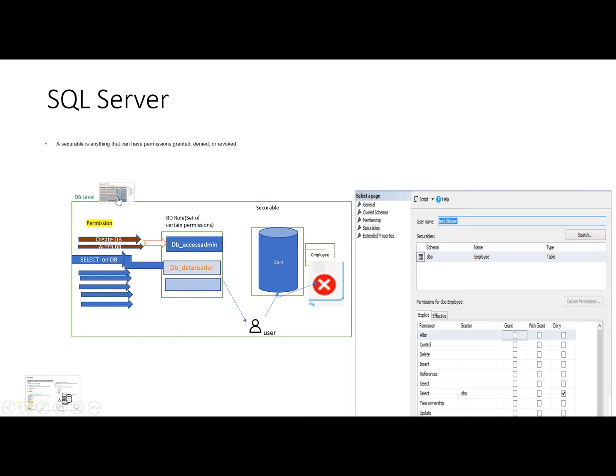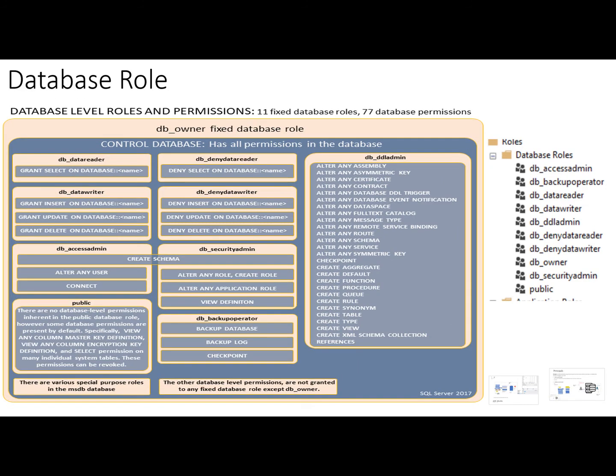To understand this, we have some database level roles which we discussed before. These are fixed database roles, predefined by SQL Server. At the top is the db_owner role, which has all the permissions, and then there are other roles, like the db_datareader role.